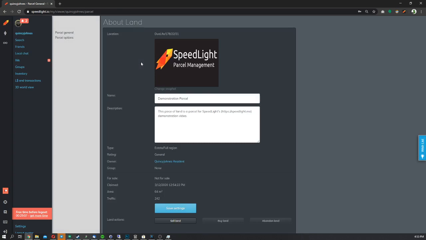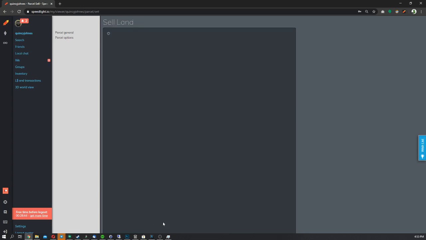As we can see, the About Land page is opened, containing the general information about the parcel, such as the name of the parcel, description, type, rating, who is the owner, which is essentially me, and if the land is for sale or not. Currently this land is not for sale, but I would like to sell this piece of land. And in order to do that, I would have to click Sell Land at the bottom of the page,